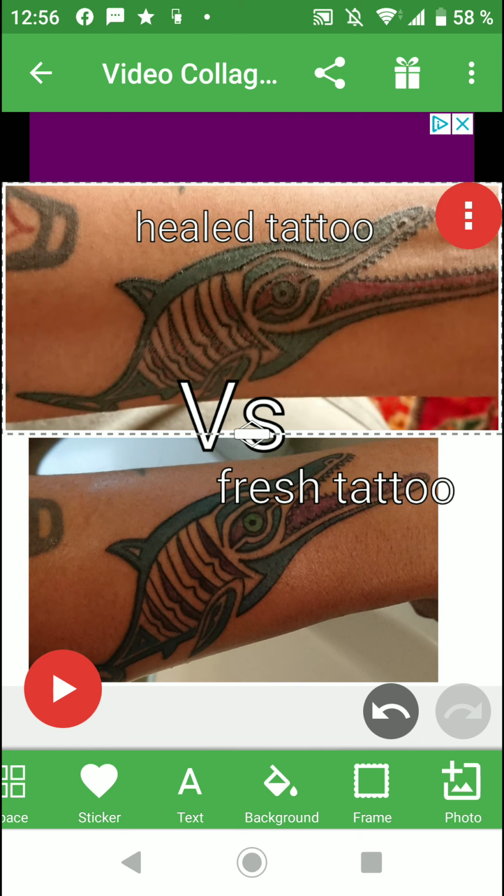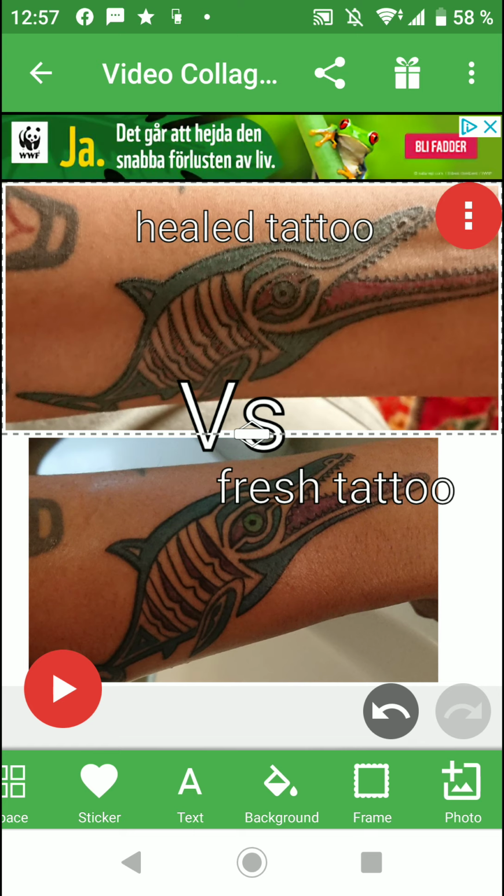I have it 2 months. This tattoo is very, very new. It's only 2 months old, and maybe that will make a difference. Maybe after 2 years, I don't know. The tattoo is just 2 months old, so maybe that can be a huge difference, and so on. And yeah, that's really everything I want to say in this video about this